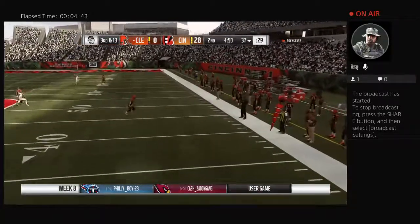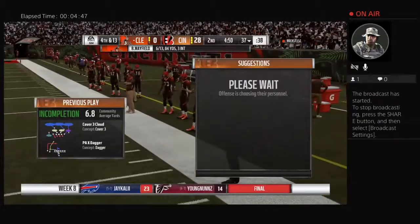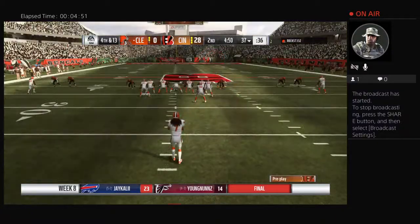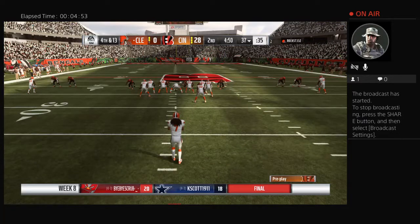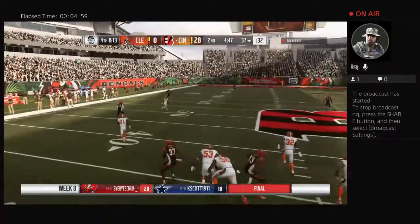Eluding the pressure, right. And this is going to be incomplete. Well, it's looking like another three-and-out here, and at some point you've got to be able to put together a drive to keep your defense from having to go right back out on the field. I feel like things are starting to unravel a little bit, and we're not even at halftime. He gets this one away, and boy, it's